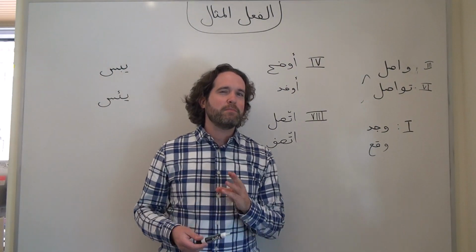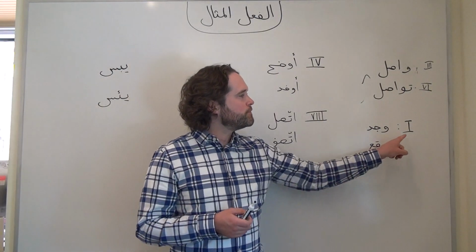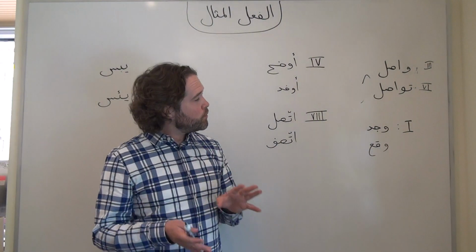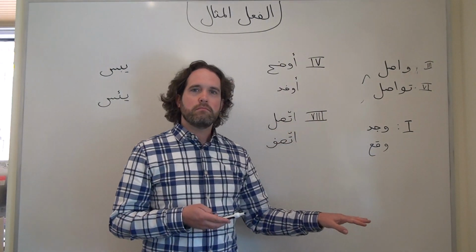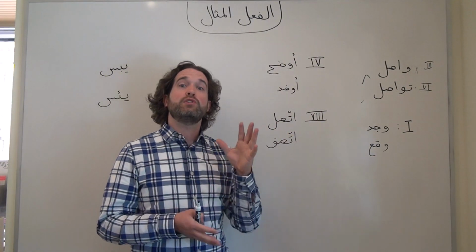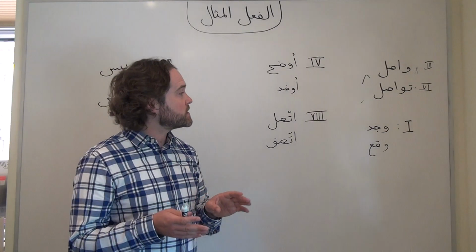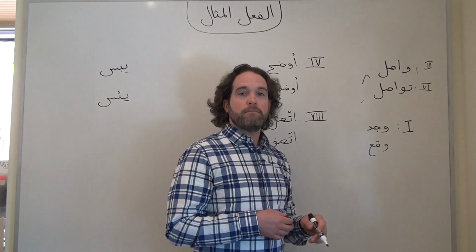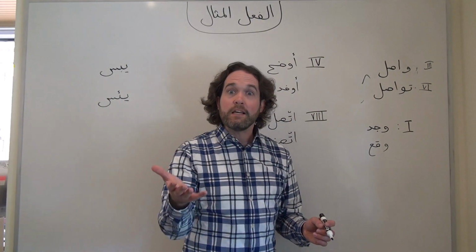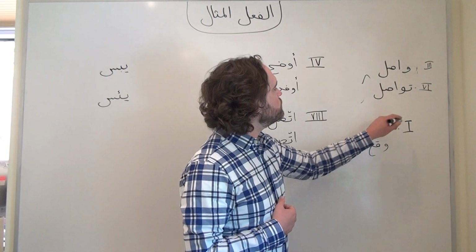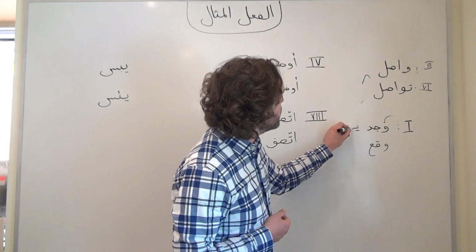There are three main verb patterns where we're going to have to watch for something a little different. The first of them is form 1. Form 1 verbs like this, with waw as the first root letter, are going to work normally in the past tense, but in the present tense we're going to drop that waw and replace it with the prefix-suffix combo. So wajada, for example, is a verb meaning to find in Arabic, but if we wanted to say in the present tense, he finds, we would need to remove that waw and just replace it with the huwa conjugation. So we would wind up with